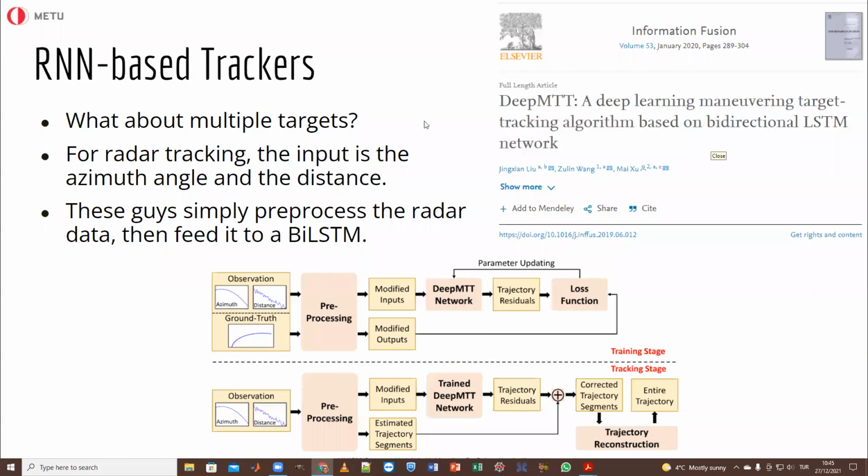Then we continue. We were talking about RNN-based trackers, and we had two very good examples, one from an ICPR paper and the other from a CVPR paper. Now, at this point, I'm going to jump to a different type of tracker, for a different type of signal,